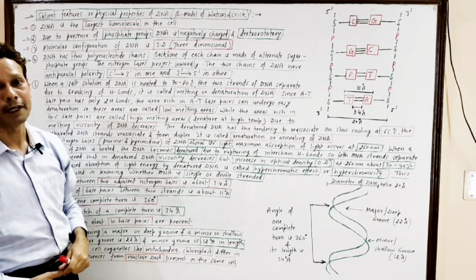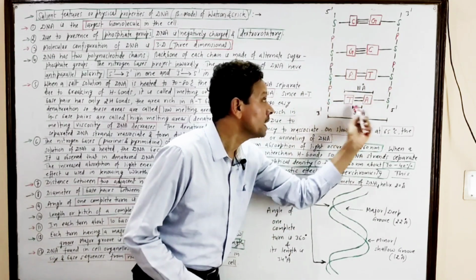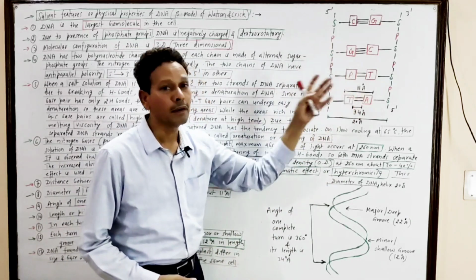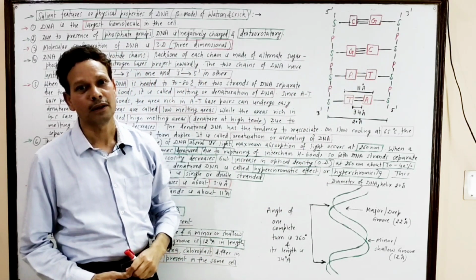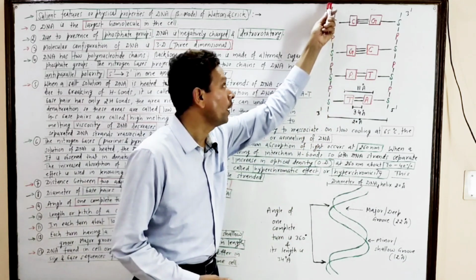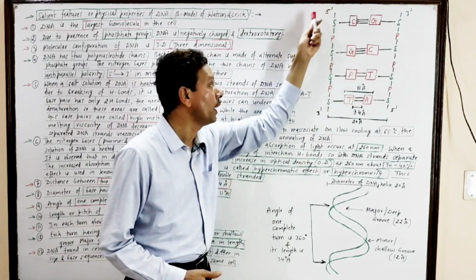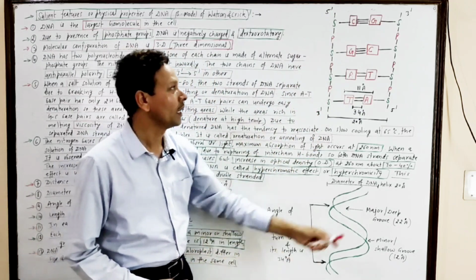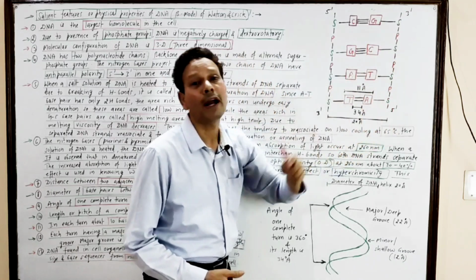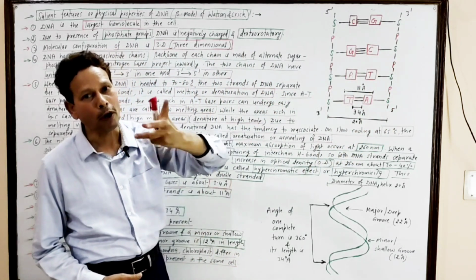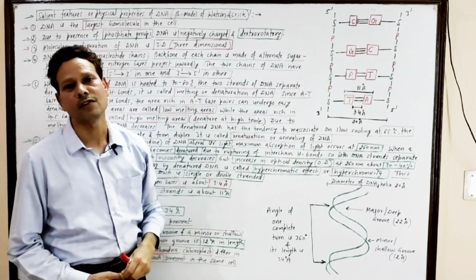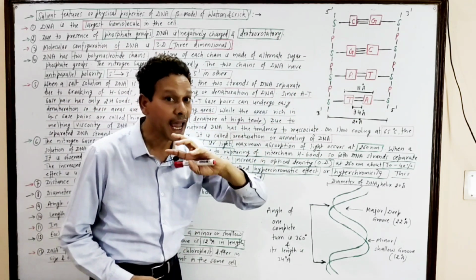Next very important property, both DNA strands or these polynucleotide chains run parallel to each other, but their polarity is anti-parallel. It means the polarity in one strand is 5' to 3', while in the second strand the polarity is 3' to 5'. So the polarity in both polynucleotide chains of DNA is anti-parallel.